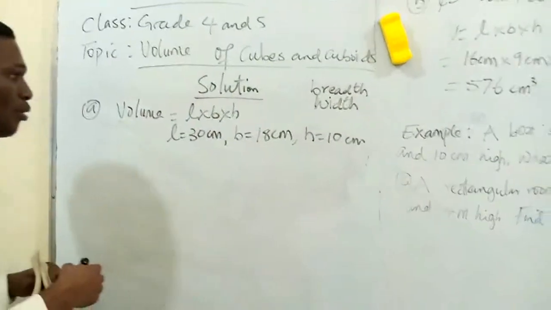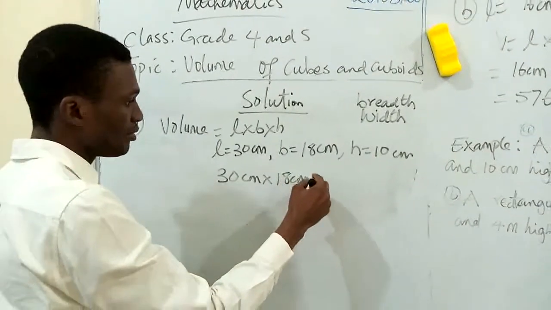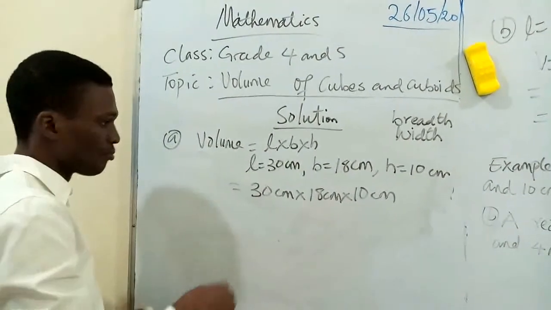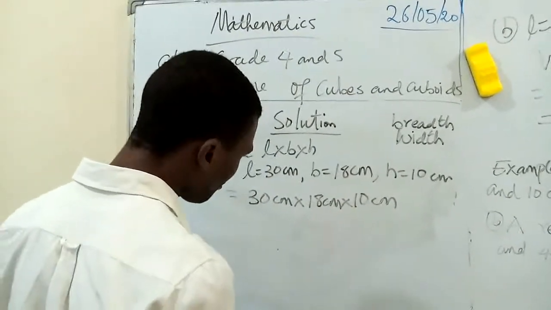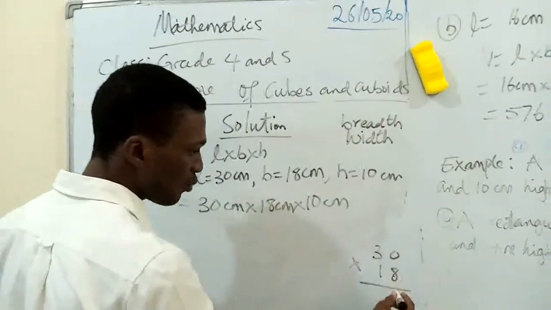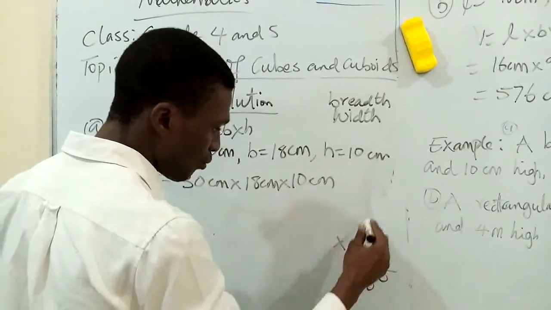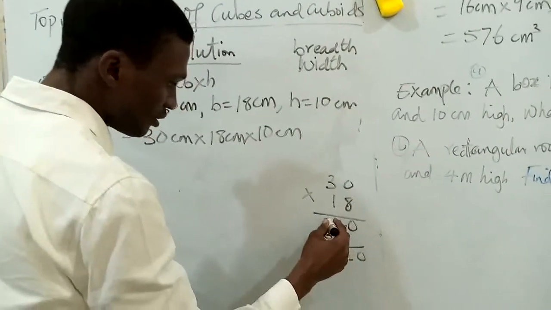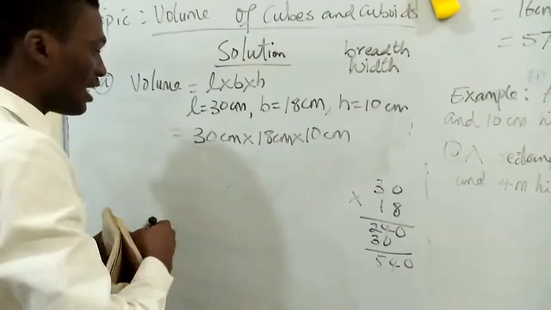How do we get the volume of the box? We say our length of 30 cm times our breadth of 18 cm times our height of 10 cm. We now multiply. 30 times 18. We can now use our long multiplication. 8 times 0 we have 0. 8 times 3 we have 24. 1 times 0 we have 0. 1 times 3 we have 3. We add. 4 plus 0 we have 4. 2 plus 3 we have 5. We have 540 times 10 gives us